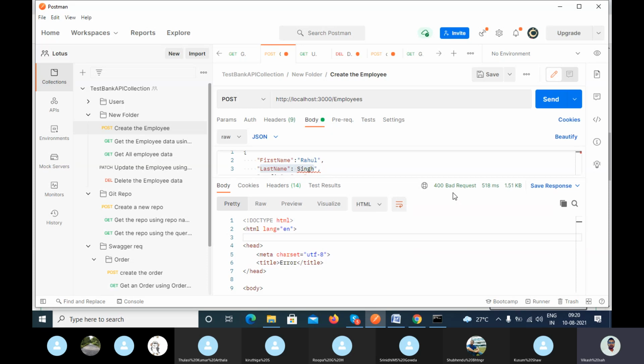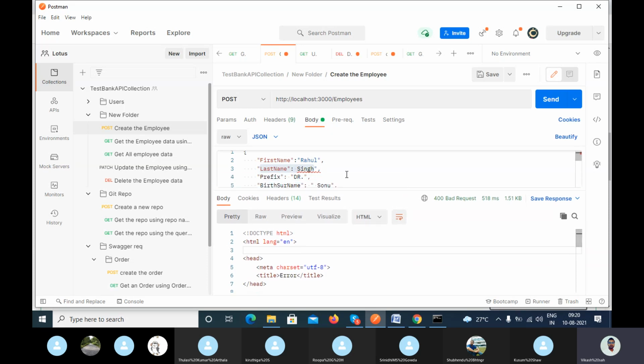So you don't have to worry. Generally, as per the definition, it should be 400. And why is it returning some other client error? Because your developer has implemented a different status code in his code.